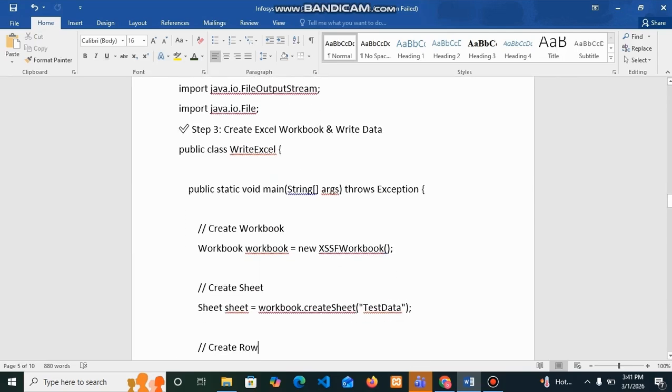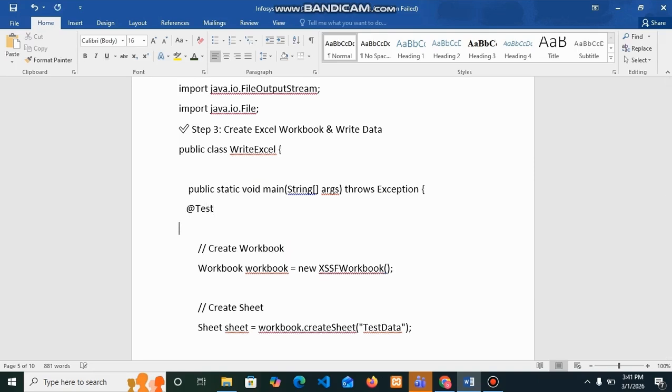Here it is specified with main, and we can run it using the @Test annotation in Selenium and specify the method to write the data.